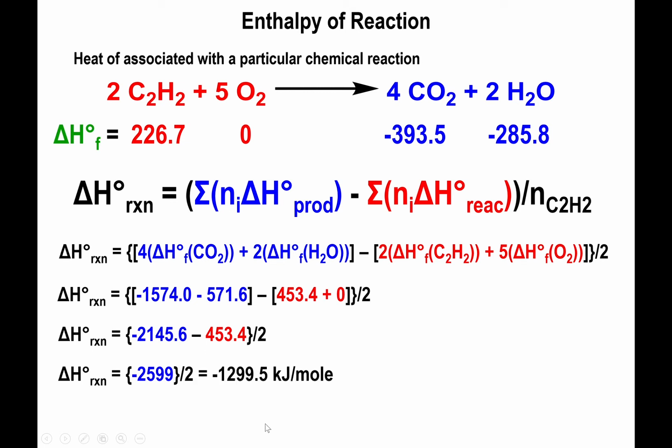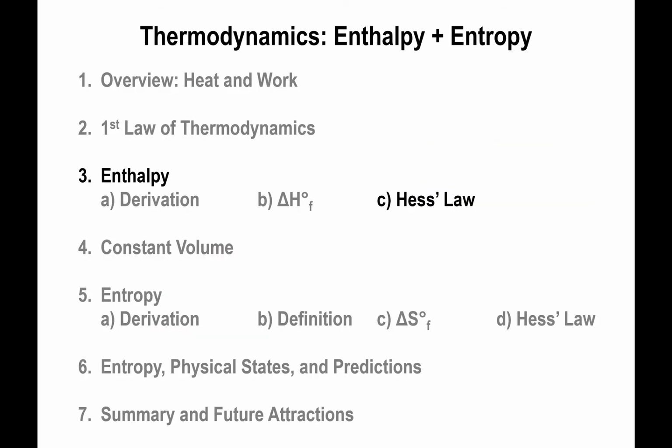So in this case, we have a value of delta H of reaction of negative 1299.5 kilojoules per mole of C2H2. And that's what you typically do for delta H's of formation. Hopefully that was a bit of a refresher more than anything else. Now, Hess's law